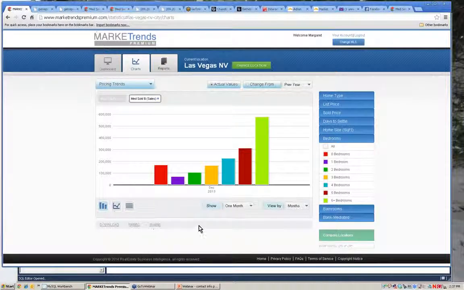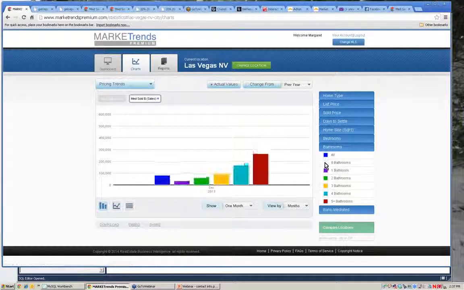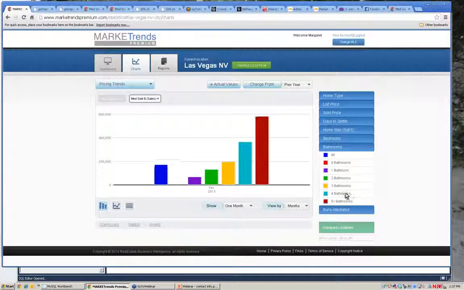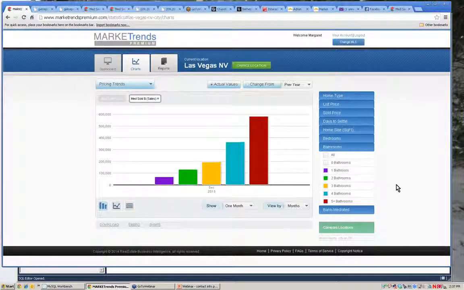So I'm going to show you maybe by bathrooms. Maybe you want to do something for ROI to be able to show people what's going on, if maybe they're going to finish off, add on a bathroom to their house, and they want to see what the ROI is for the investment. So I could do that with share and ping and send it via an e-newsletter,